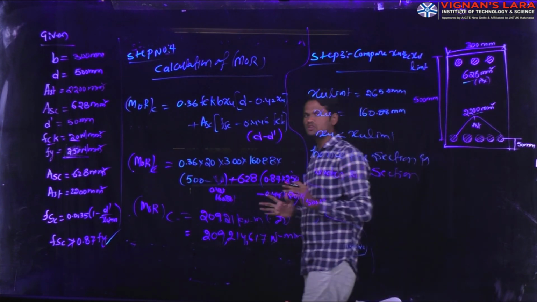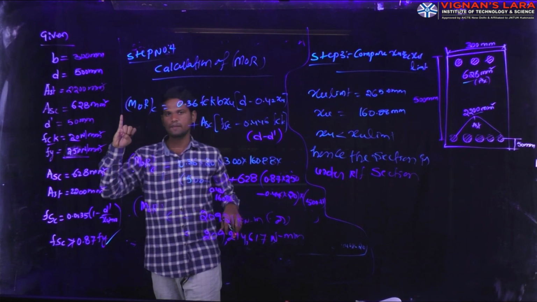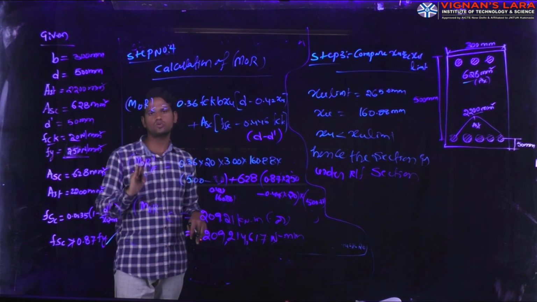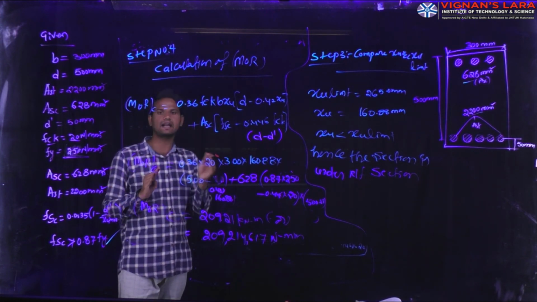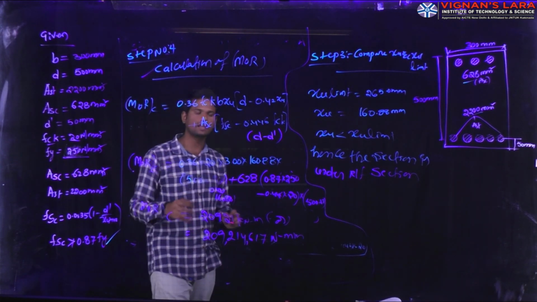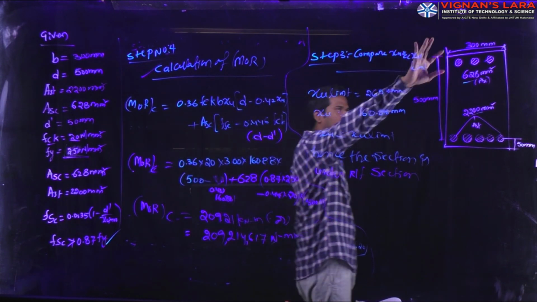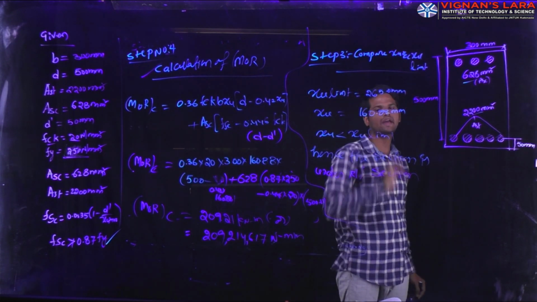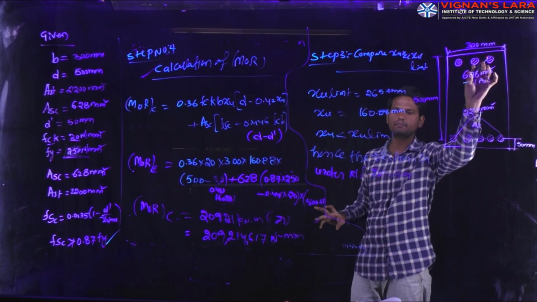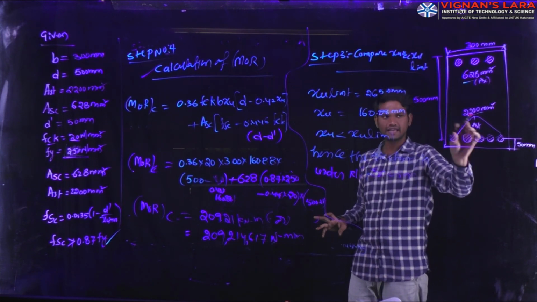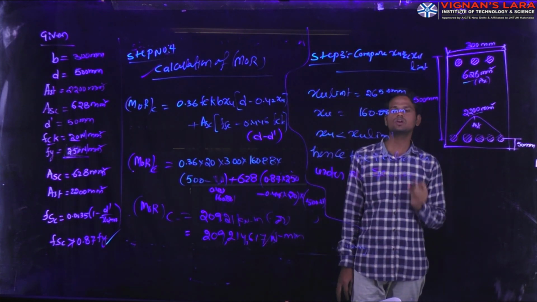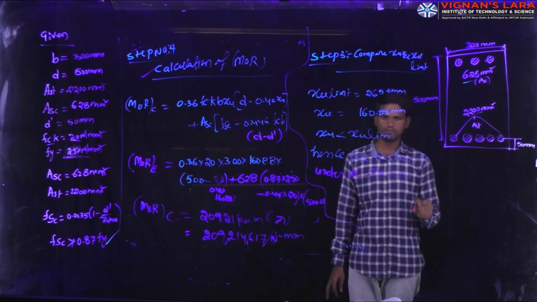For such problems, calculation of moment of resistance, first you have to calculate the limiting depth. Second, calculate the actual depth of the neutral axis. Third, compare the section as under reinforced, over reinforced or balanced. Fourth, calculate the moment of resistance. That means if you design the beam as 300 mm width and 500 mm effective depth, providing 628 mm square area of steel in compression and 2200 in tension, the beam can resist a moment of 209.21 kilonewton meter. This is the problem up to now.